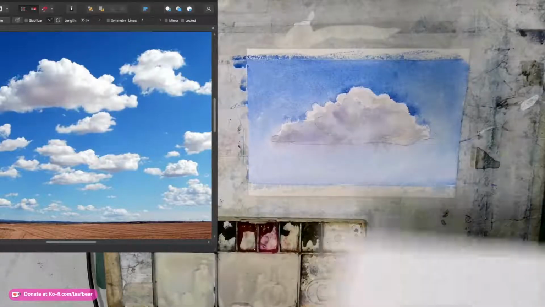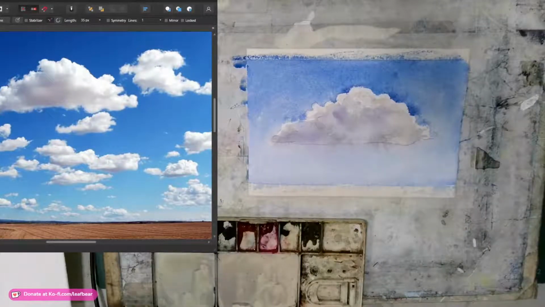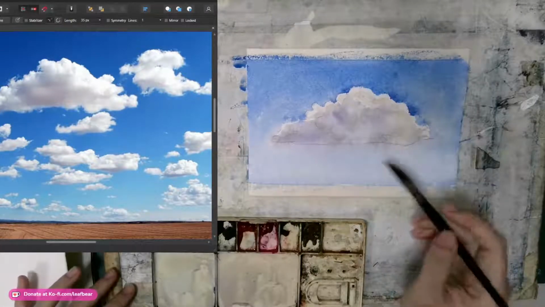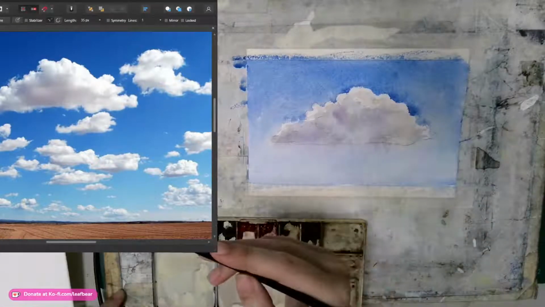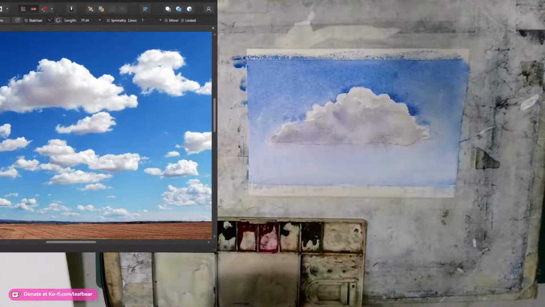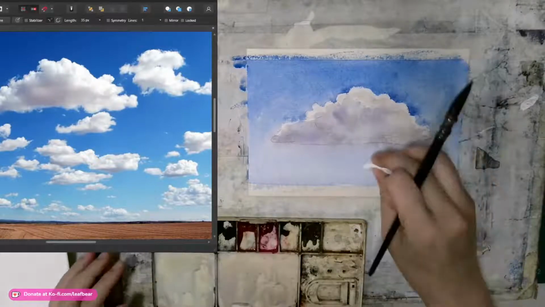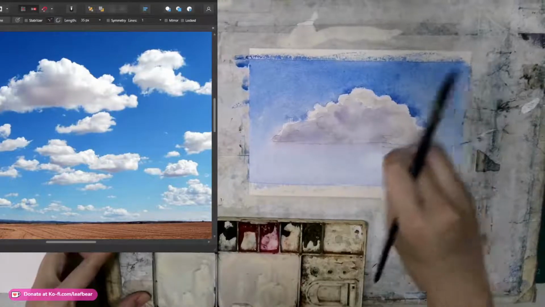We can easily paint this because we have just done a study of the shape of the clouds. If you want to paint more than one cloud, like the one shown in the photo, because it's still wet, I'm guessing we might be able to use the lifting effect. So let's see if we could just paint a small cloud over here. It's not strong enough. So, lifting effect,